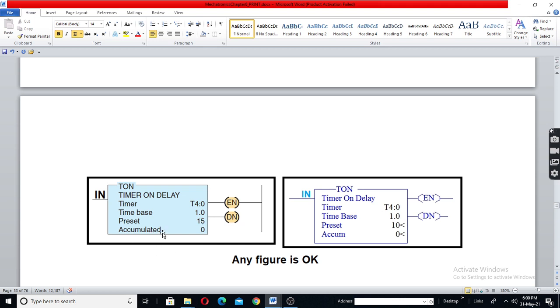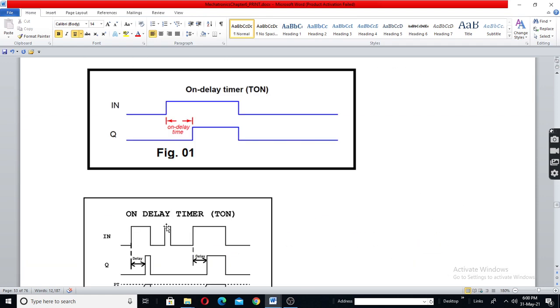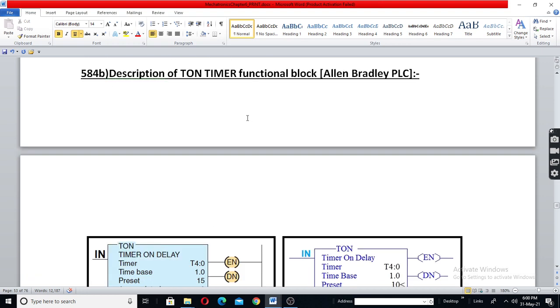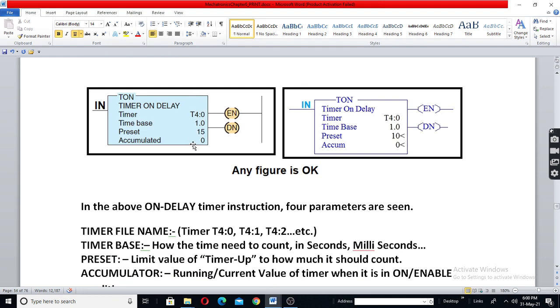And then accumulator, or it is also called elapsed time, ET. Okay, see, elapsed time or accumulator time value or running value or current value. During counting, this will be displayed there. As soon as it starts, this will become 0.